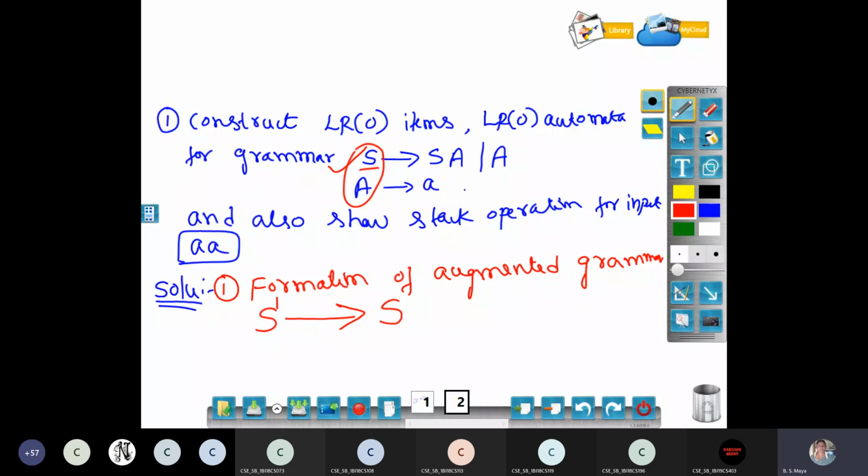So the augmented grammar is nothing but you are writing a new non-terminal with your start production. After this start production, you write down the normal productions, whatever is given in the question. What is given? S derives A, S derives A. So you can write A alternative or you can write it in the next line. S derives A, both are same. You can write in the same line or in a different line. Both are same. The last one,